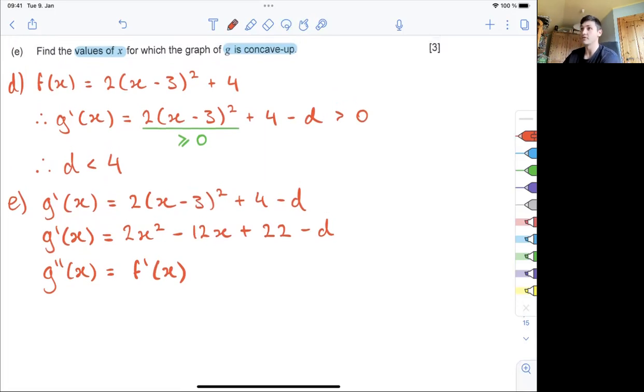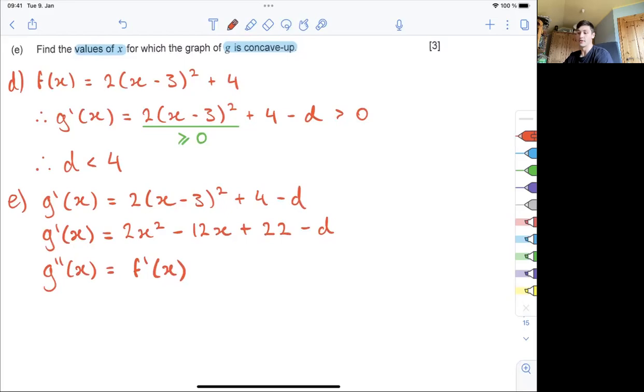In order to find the values of x for which a graph is concave up, we need to find when the second derivative is more than 0. So we need to find when g double dash x is more than 0, so we need to find when f dash x